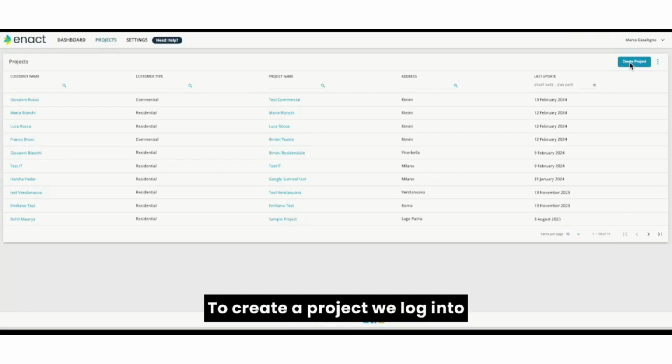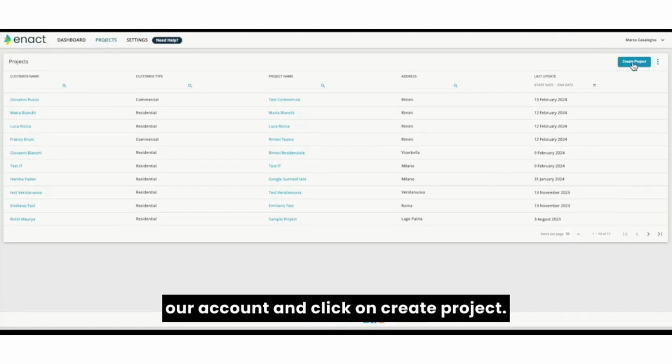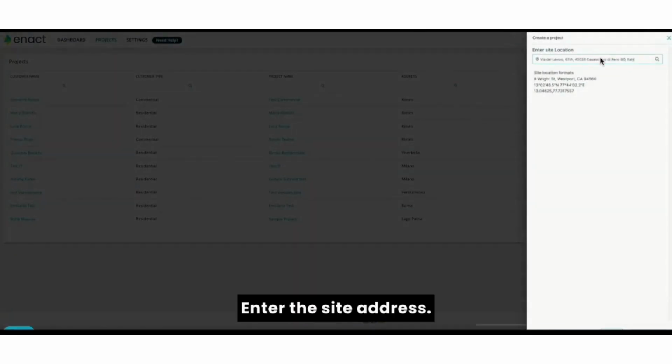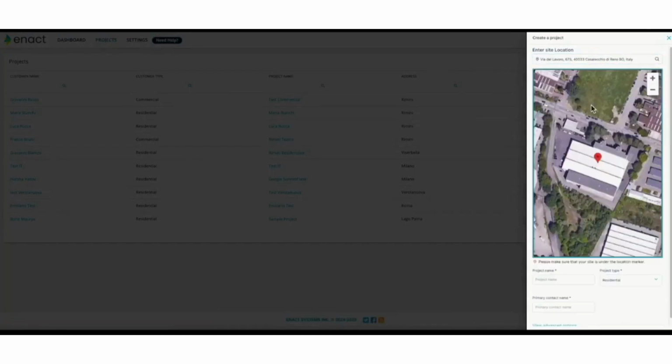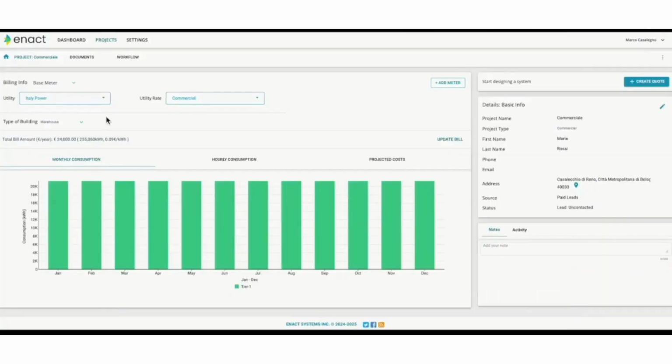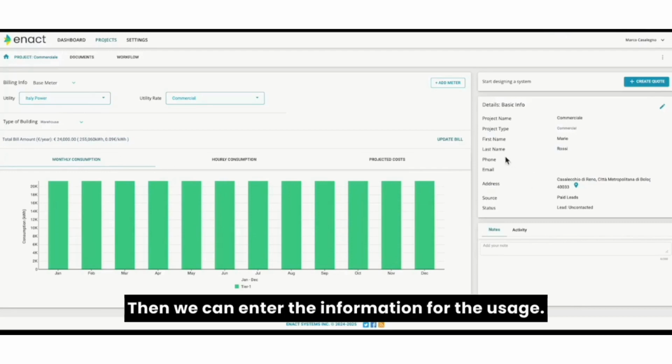a project, we log into our account and click on Create Project, enter the site address. This will create the record on Enact. You can, of course, enter the name of the project, and then we can enter the information